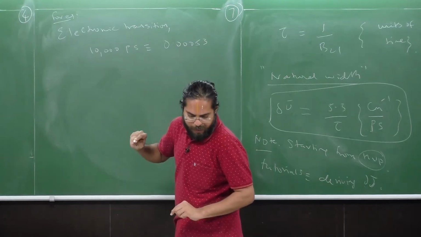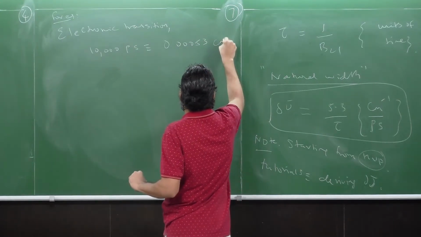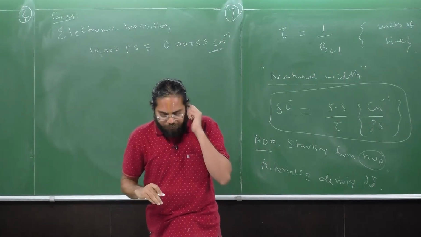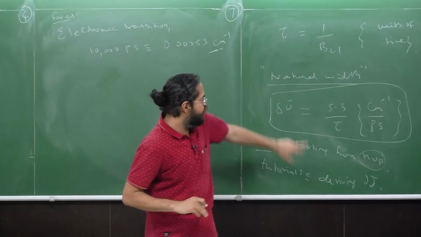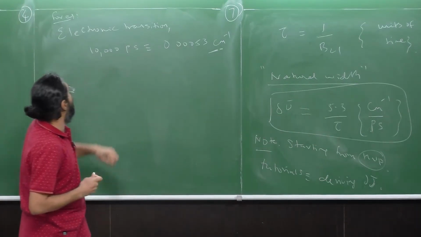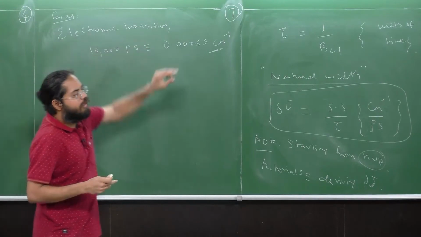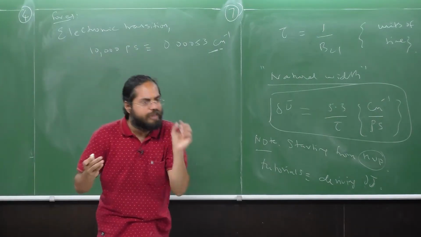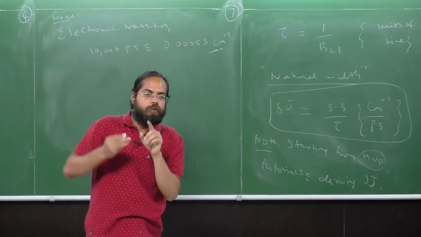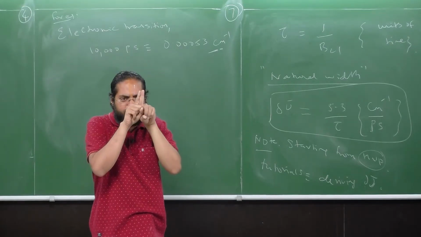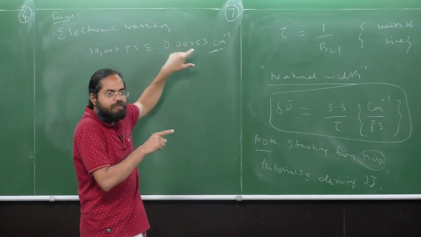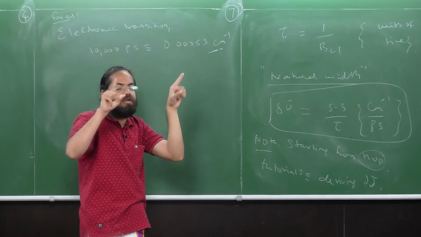0.00053 centimeter inverse, right? Centimeter inverse. Are we clear? You just use the same formula, this divided by 10,000. Okay. So for an electronic transition, you can say that this is negligibly small, but we never know, right? What if there are two molecules which show lines which are closer than this number, smaller than this number? In that case, we have to resolve the lines even better.